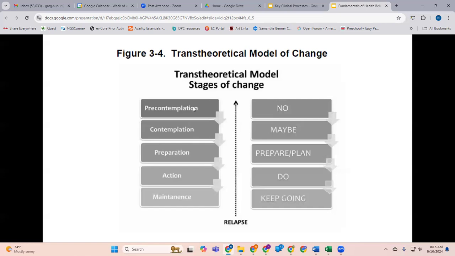The day they start to do it, you're in the action phase, and that has its own struggles. This is where action planning comes in the most, and you're reassessing things, developing a support system, learning where your relapse triggers are. There are so many things to this. Then when you've troubleshot all of that, you're in the maintenance phase, where you don't have to struggle so much to get yourself to do things, and you just keep going. Once you're in the maintenance phase for at least 6 months,